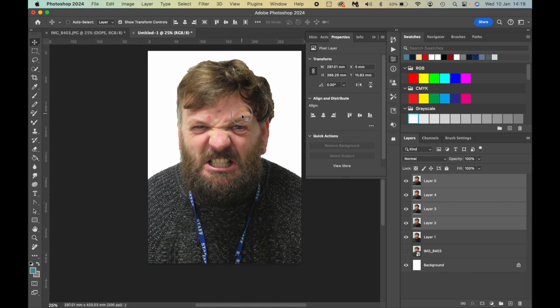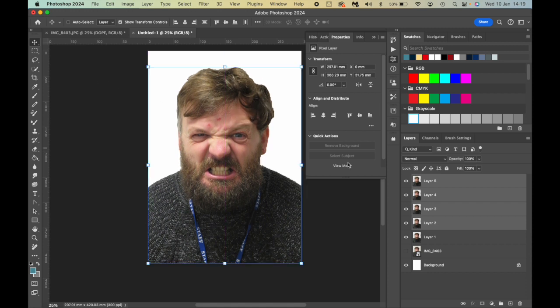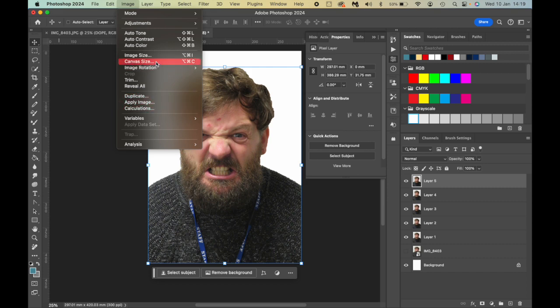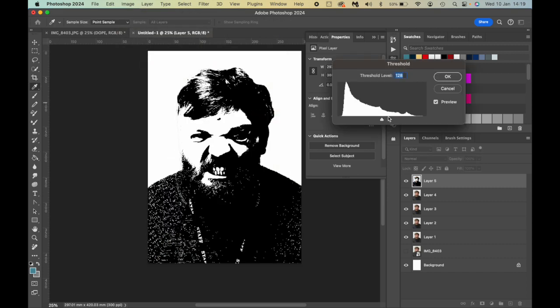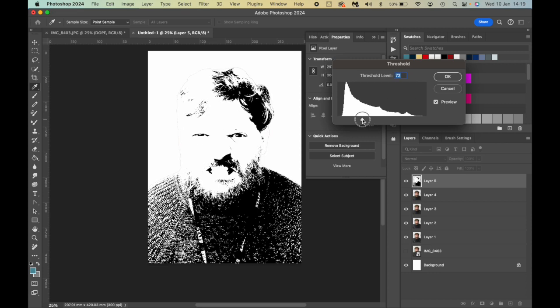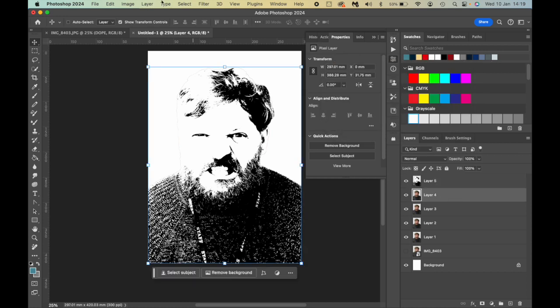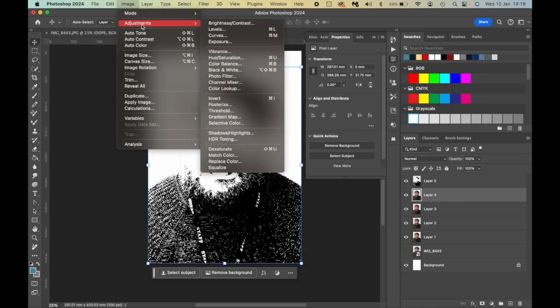Once you have got that, obviously I'm just moving it down a bit there, you will then go up to the threshold tool, so image adjustments threshold, and you will change each of the layers, with the top layer being the lightest, so with the least black on it, and then going down that scale, the lower down you go on your layers tab. I forgot to turn off the top layer here, so you won't actually see this next one be darker,